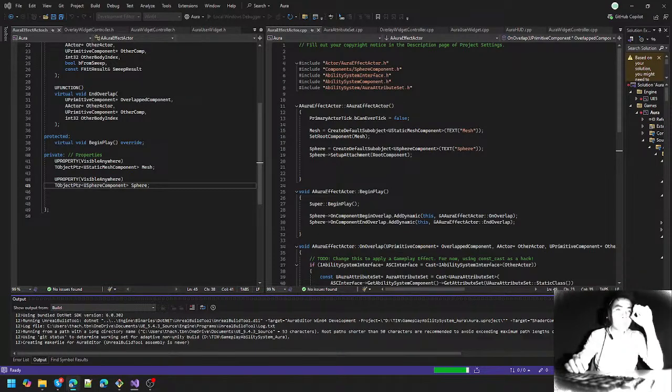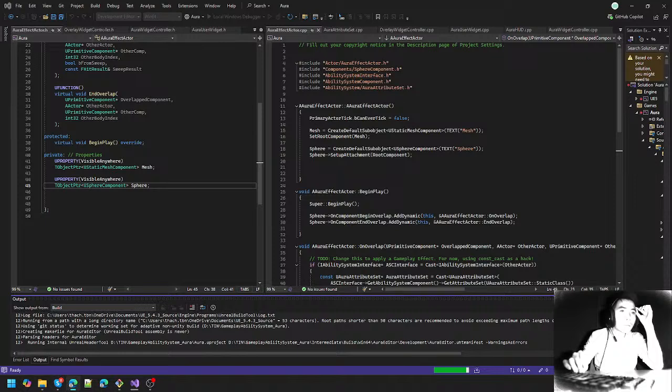And when something overlaps with that sphere, we see if the other actor implements the ability system interface. If it does, then we reach into its attribute set. We cast away the constness of the const pointer returned from get attribute set, which should give us a sort of dirty feeling like we're not doing something we should be doing. And then we directly set the health and the mana equal to what they were before, plus or minus some